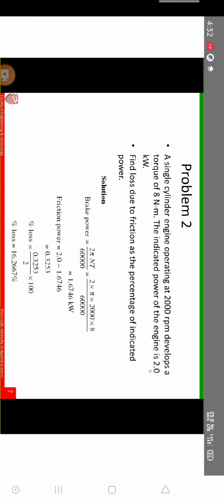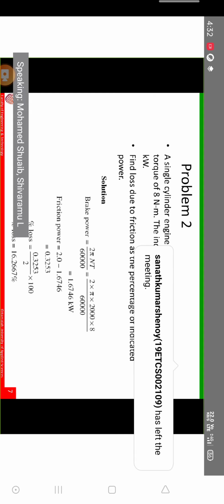So generally what students will mistakenly do here is consider 60, and whatever value they get, they take it as it is. They will not convert that into kilowatt, so then you will get a wrong value. No, sir. If you use 60, you'll get kilowatt only. I don't think so. Just calculate. If somebody has a calculator, you get 1.67 kilowatt if you just calculate with 60.